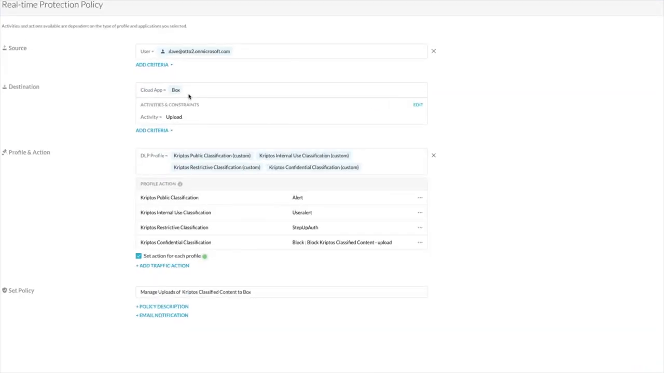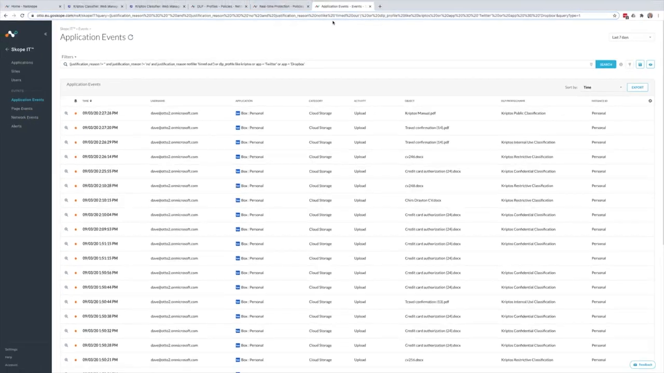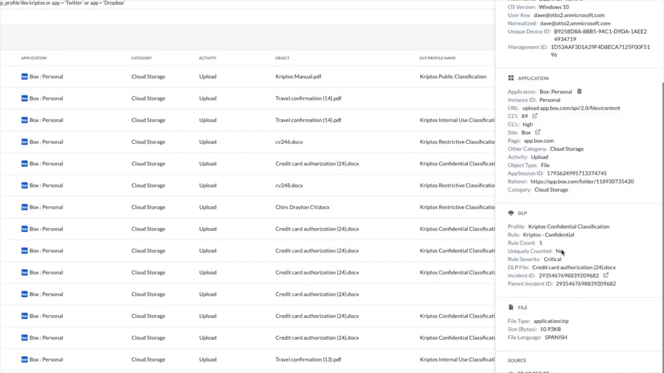So here we see the uploads to Box being managed by DLP profiles with the resulting actions that I just demonstrated. In all cases, the application events are logged within Netskope's user interface. We can take a look at the justification reason that we provided when we tried to upload the internal use documents. Or if a DLP incident is logged against a particular activity, we can drill through and view that incident